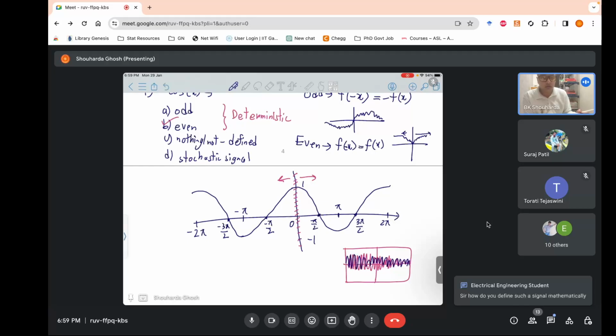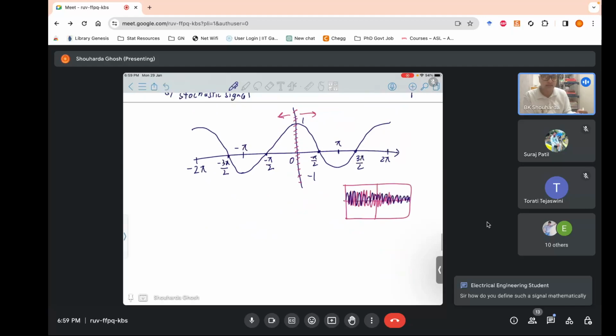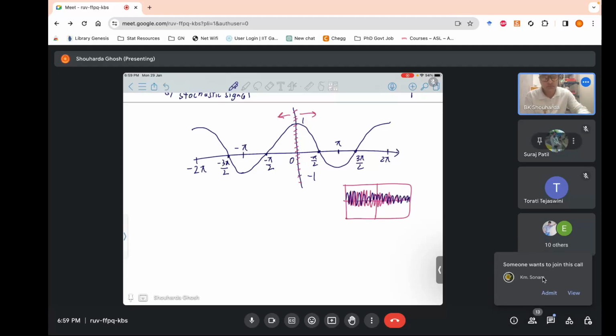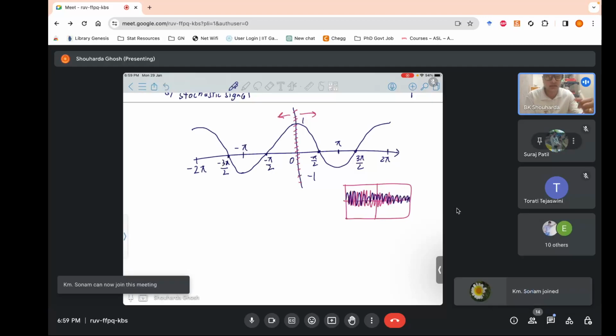So how do you define such a signal mathematically? When you have to define such signals, we use the statistics of the signal. We use properties like the mean, the variance, etc. When you learn a probability and statistics course, after you go through that, you'll be easily able to deal with random signals and systems. You'll be covering random signals and systems in the communication systems course. We won't be covering stochastic signals in this course.